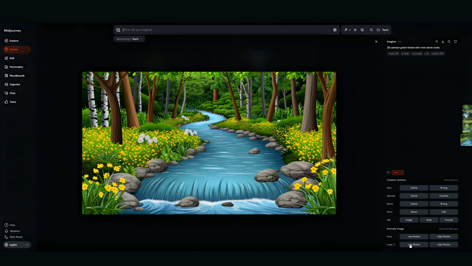You have to do the looping to get that effect. So if you do the loop, it'll give you an animation where you can't even tell if the video ever stopped or started. All right, let's hit the loop animation button and see what it comes up with.